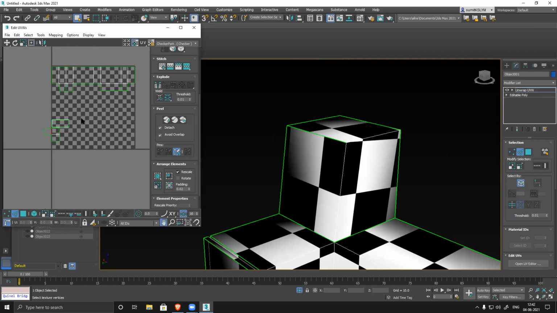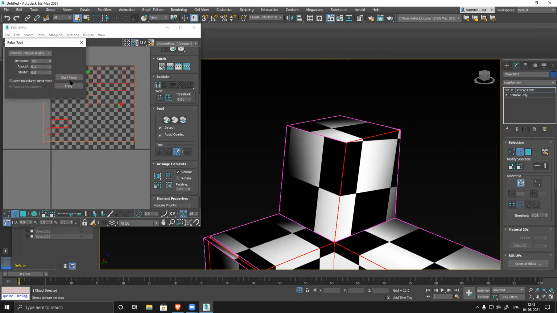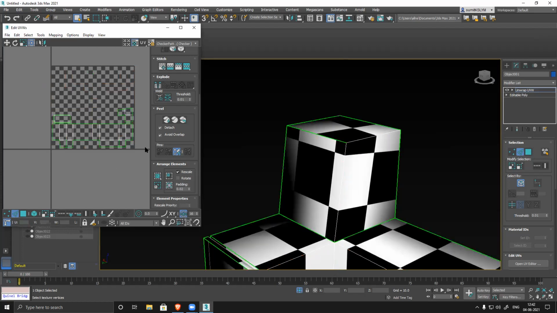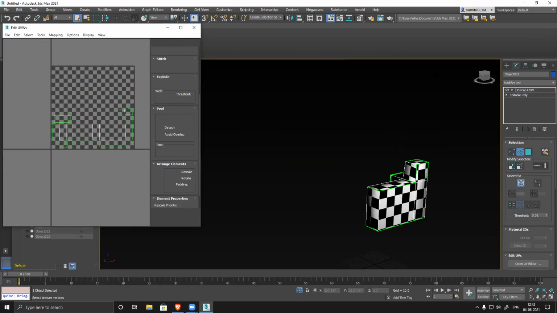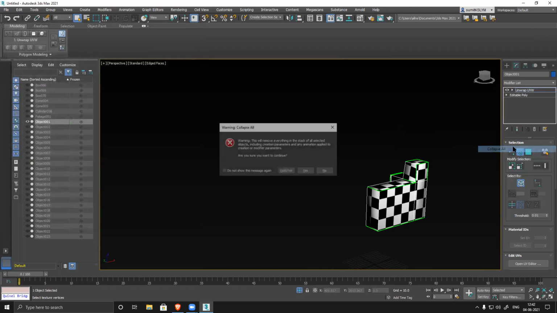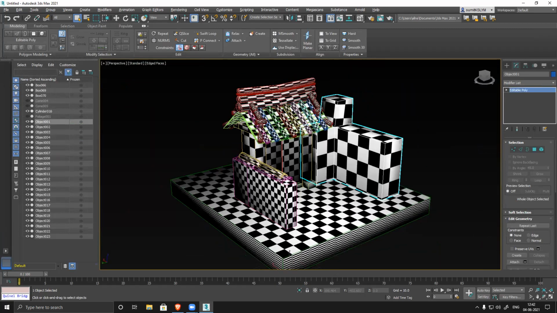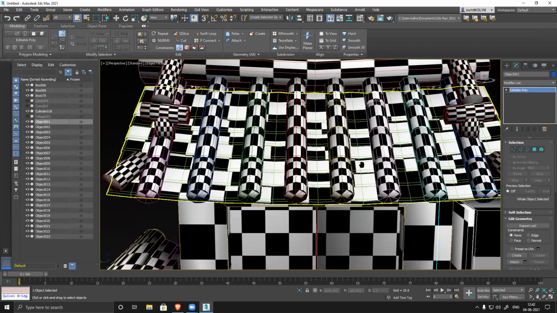So all of them, less amount of UV shells. Relax, everything is fine. Pack everything. Then I can see your checkers throughout the same. There shouldn't be any stretch. So unwrap everything properly. Everything should be square.